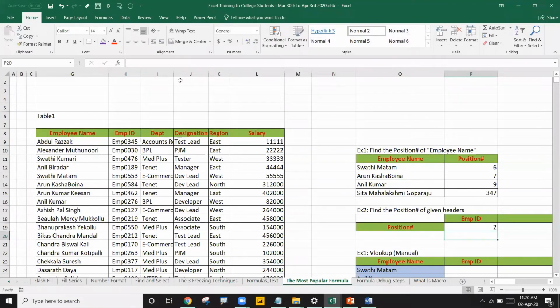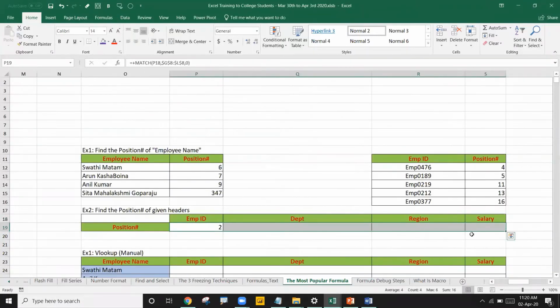Bracket close and enter. You see this employee ID means 2. So in the given range, employee ID is in the second. Correct? No, no, not employee ID. If I change it to salary here in the header, automatically it got changed to 6. Earlier it was not getting changed, but this time it is getting changed because it is a formula. Control Z. So I'll drag the same formula to the right side. You see the answers. So this is about MATCH. It will give the position number. Match formula output will always be a number. Remember this. Now we'll get into VLOOKUP. Before that, if you have any questions, let me know.